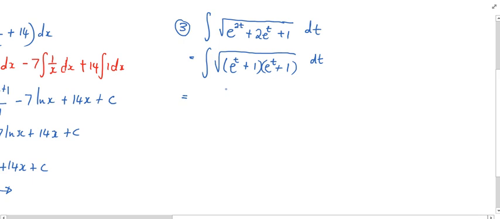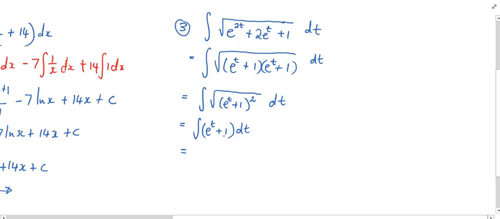Okay, so let's continue. So we're going to integrate. These are two brackets, so we can rewrite this as e to the power of t plus 1 all to the power of 2 with respect to t. And then that square root will fall off. So I'll have the integral of e to the power of t plus 1 with respect to t. And we're going to integrate each term separately like the one that we did earlier,